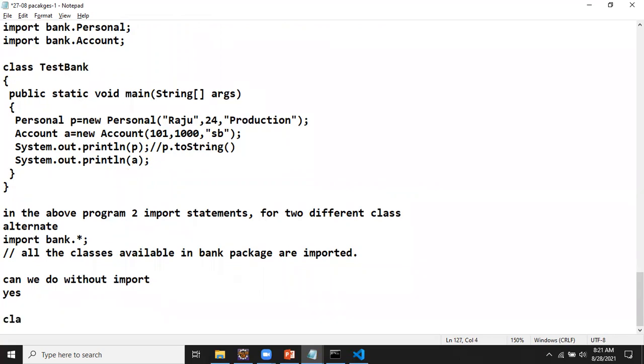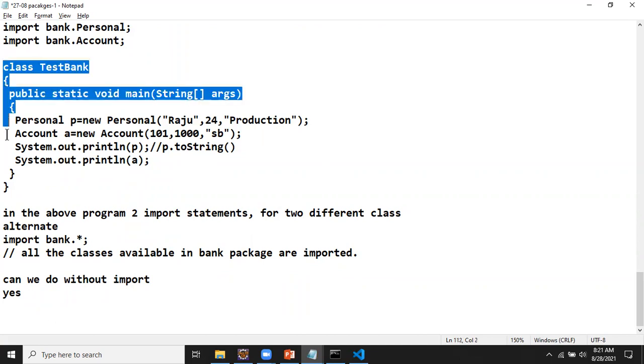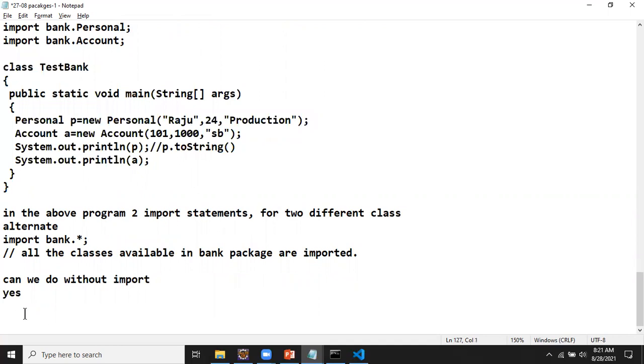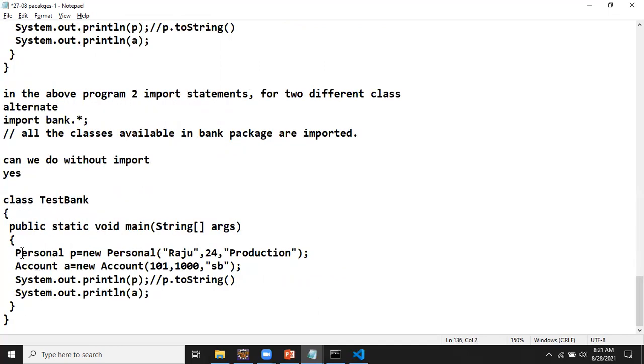So what I'll do is use the class TestBank. I'll just copy this. Now the Personal class is not there in my folder, so earlier it was working, but now this will not work for me.